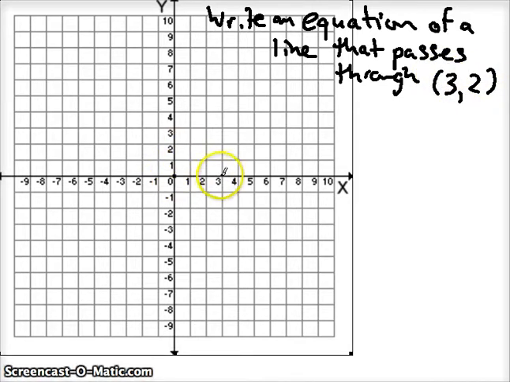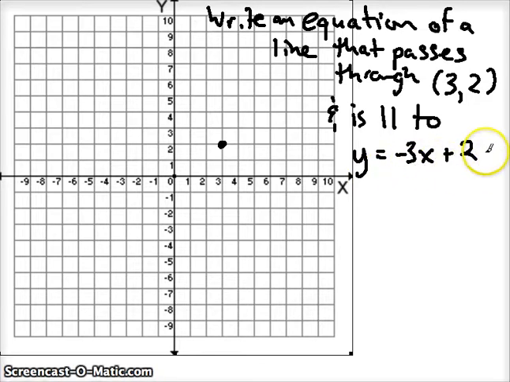Let's find that point. (3, 2) is right there. So our line is going to pass through it either this way or this way. We don't know quite yet. We need to write an equation of a line that passes through that point and is parallel to, they're going to give you this equation, or an equation that's similar,